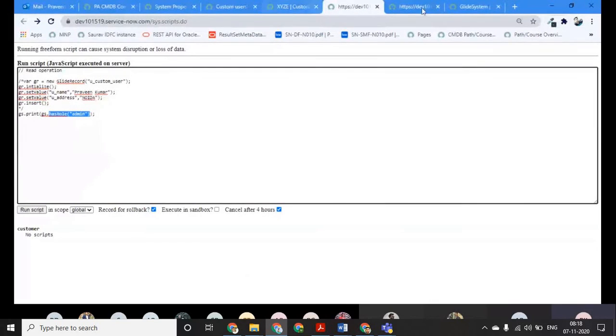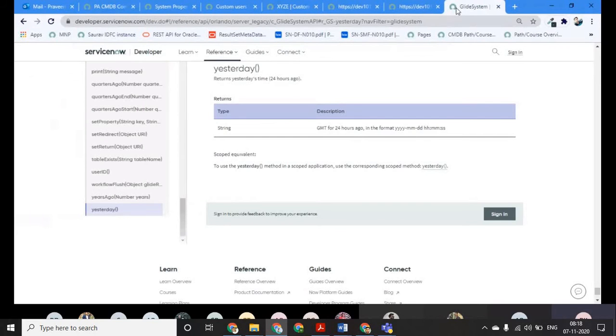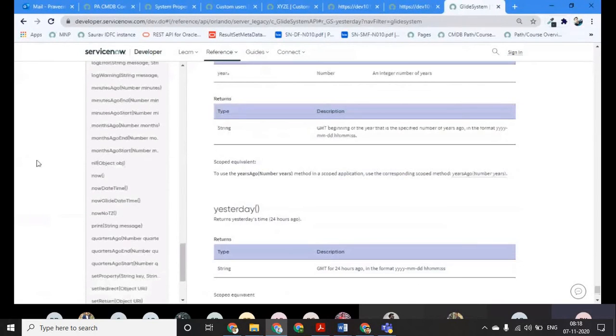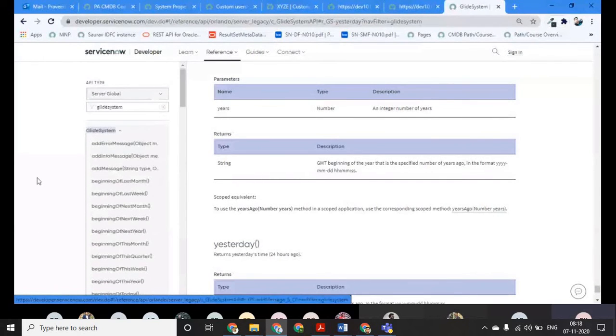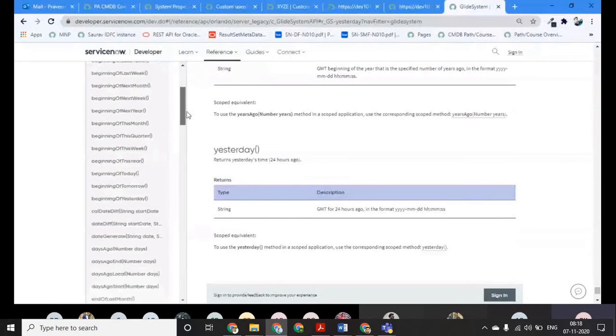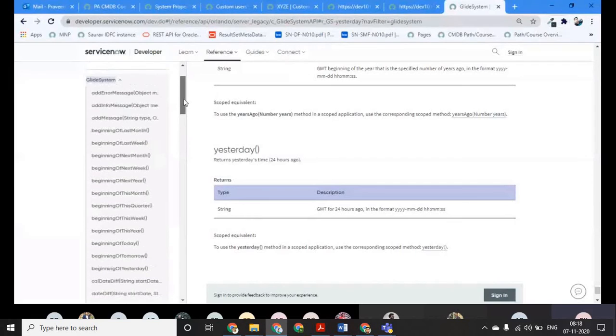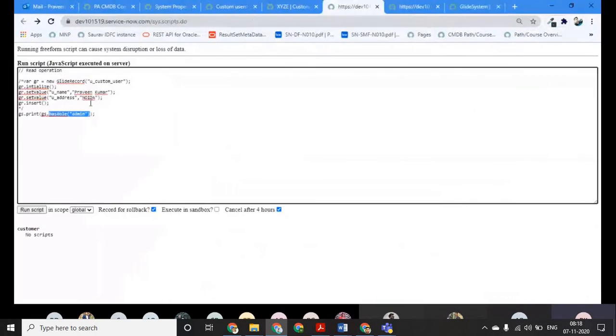So all these are the different methods in this glide system which are available to you. You have to go through them. Please read as much as possible all the methods, and learn how they work. If you face any issue, you can go to your buddies, and they will clarify. If your buddies are having any challenges, then you can come to me, and I will explain what is happening in that particular method.